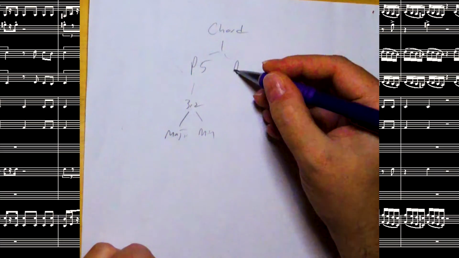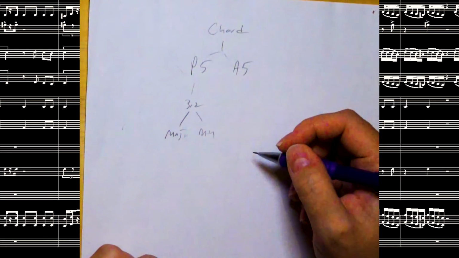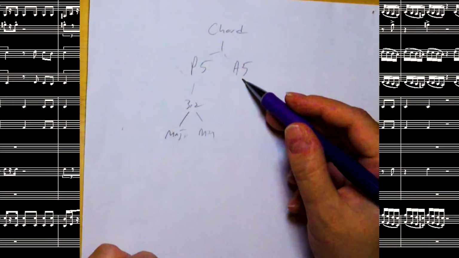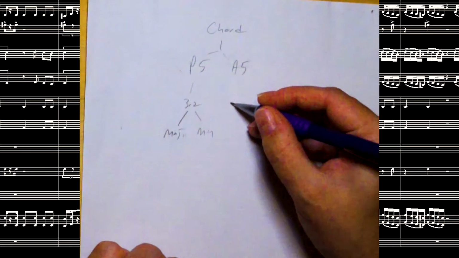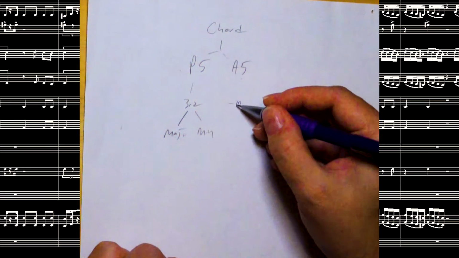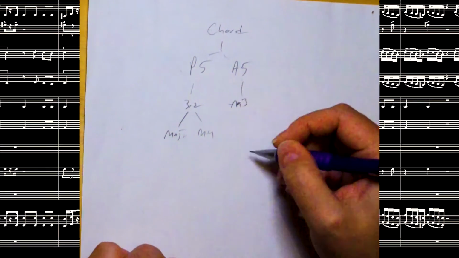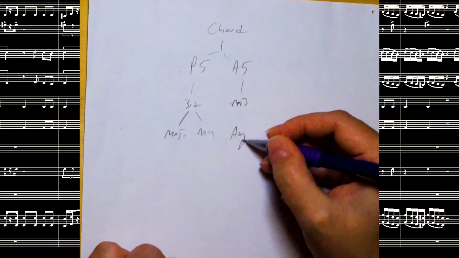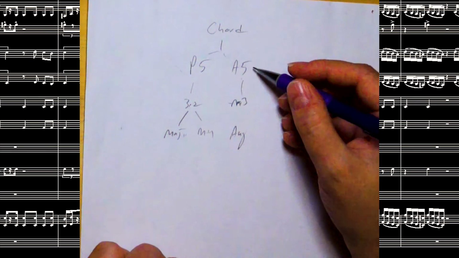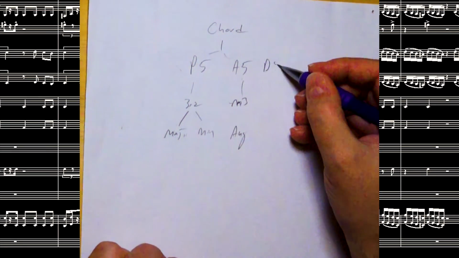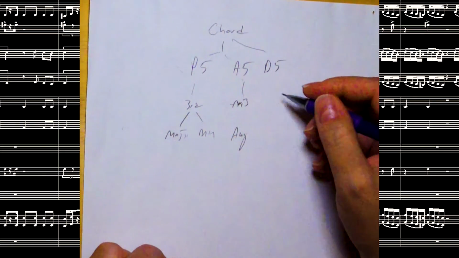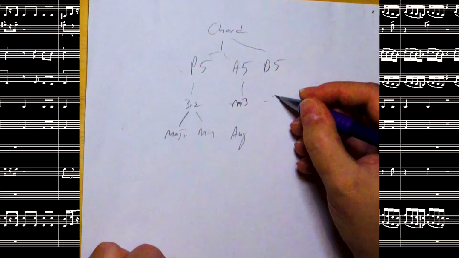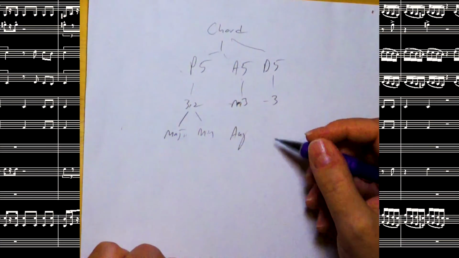If the fifth is an augmented fifth, chances are it's going to be an augmented chord. You can do a quick check and make sure that it's a major third, but it'll be a major augmented chord. If it's a diminished fifth, chances are it's going to be a diminished chord. You can double check and make sure that's a minor third. So it'll be